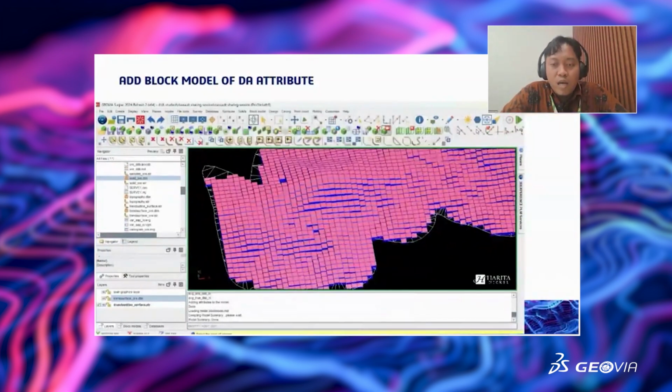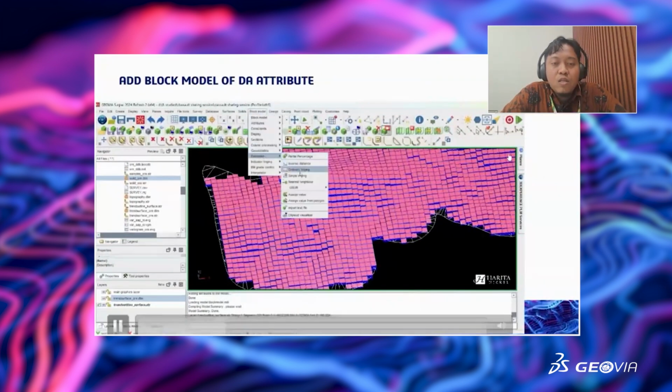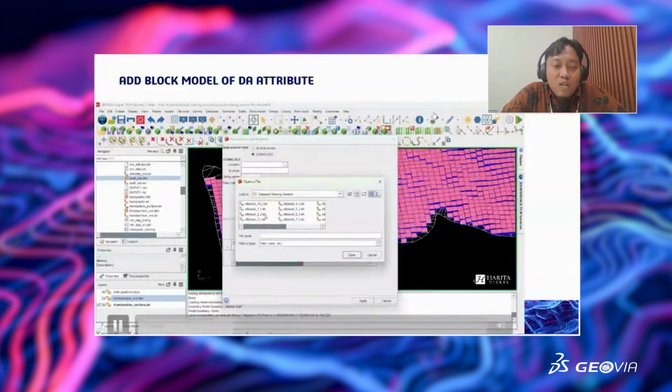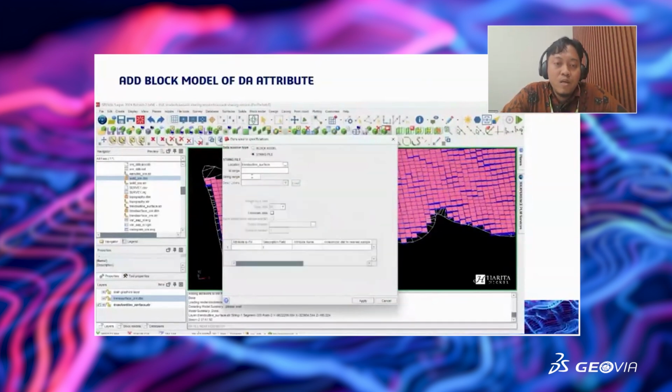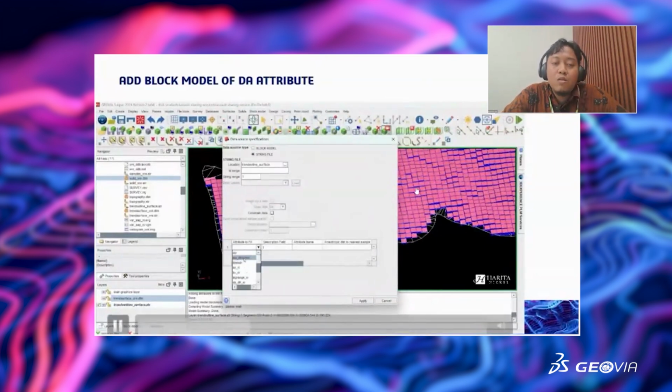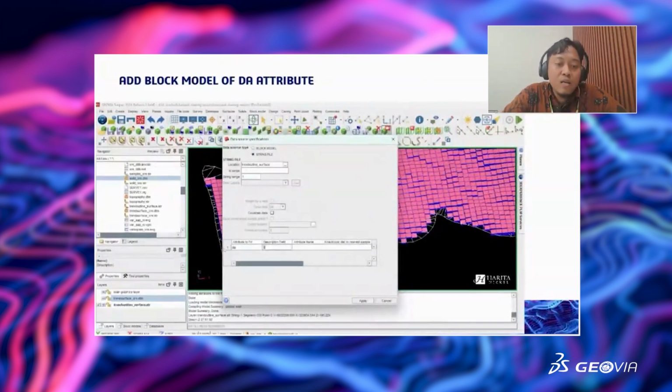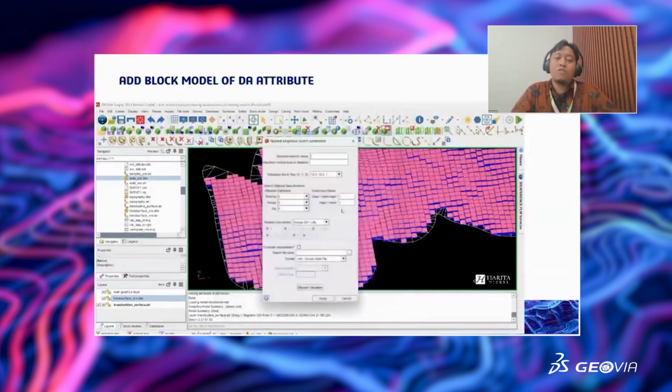So how to add the attribute? The idea is to add my attributes, the dip and dip direction, using nearest neighbor estimation. Here you create the nearest neighbor, and the string file is my trend outline string here, and the string line is 1. After that, the attribute that we want to fill is my dip in description 1 here, because in my string the dip is description 1, and the dip direction, or our trend, is in description field number 2.